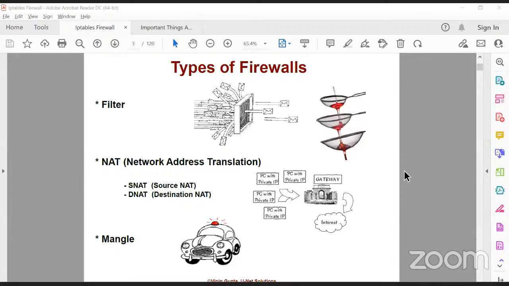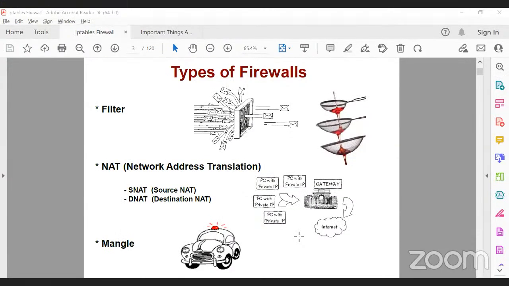So the third type of firewall. That means in the evening I do not want this to happen, so what I will do, I will put a red light on my car. What will happen? The policemen know that a red light means some important person is going, so they will not stop it. Now, what does it have to do with our firewall?